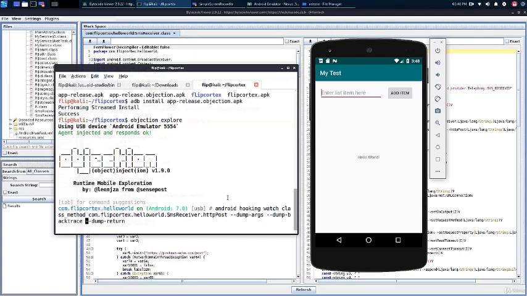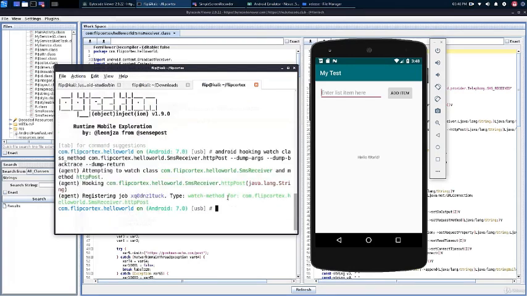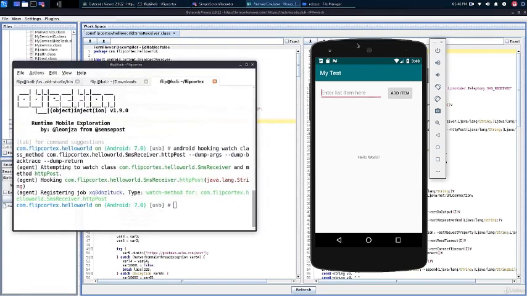Now what this does is it hooks onto the instance of the HTTP post method, and if it sees that this method is invoked, then it dumps all the info we specified in the console. So if you remember, when we developed the app, we were able to do debugging inside Android Studio by adding breakpoints. Here we have a similar behavior where we can hook onto specific points in the code and obtain info about the variables at runtime. So this is quite useful.